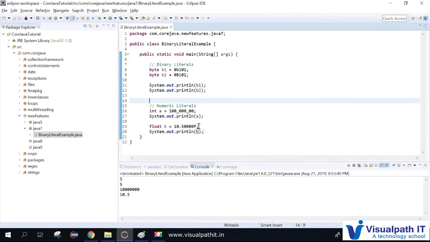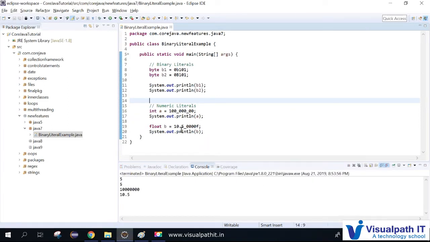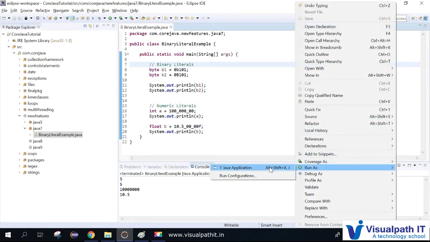It's giving 10.5. So if you want to make it more readable and add numeric literals anywhere inside the value, you can add it anywhere, then you get the same result. There is no difference between the results, it will be the same. You can put n number of numeric literals and run your program.